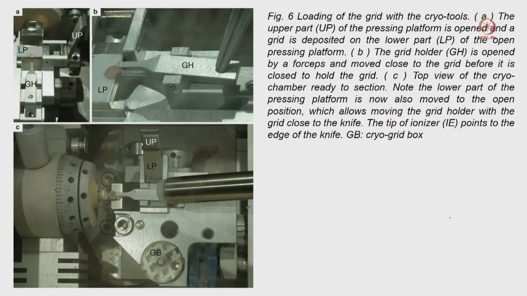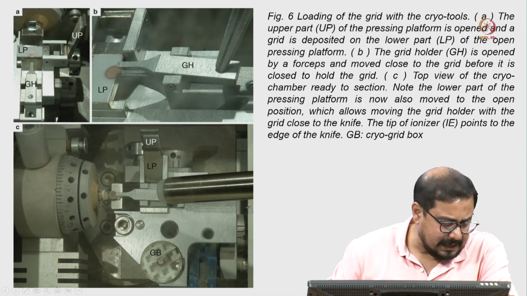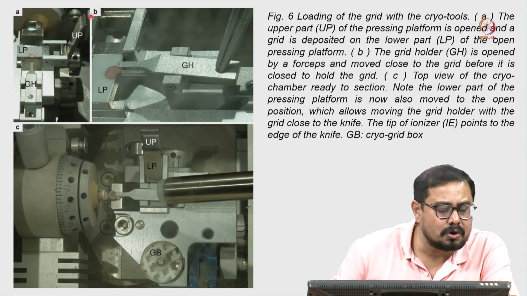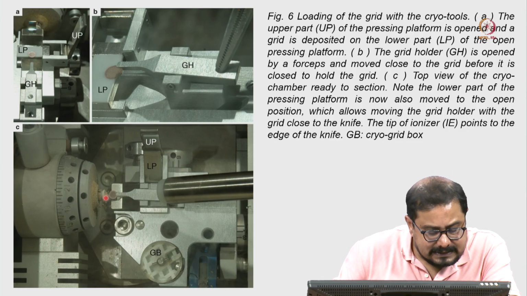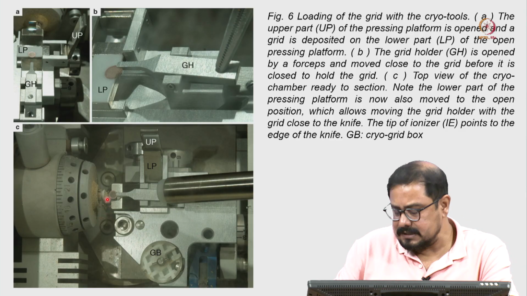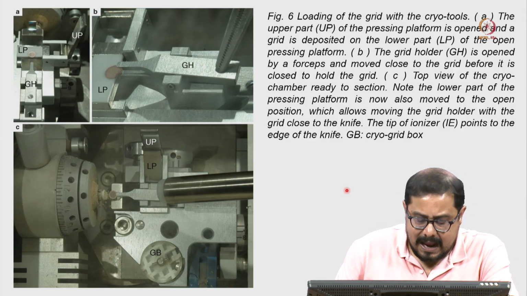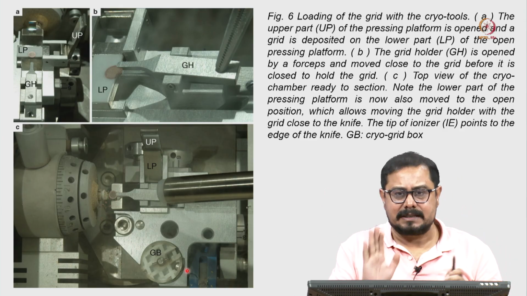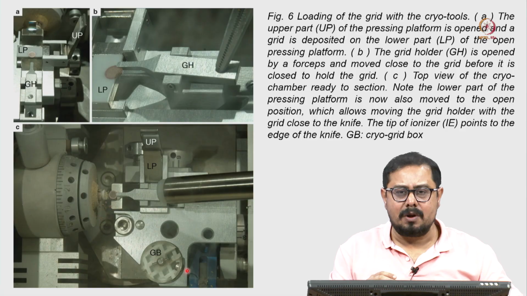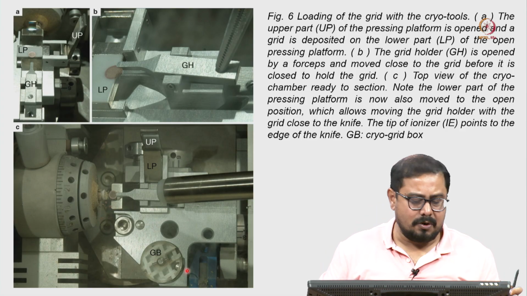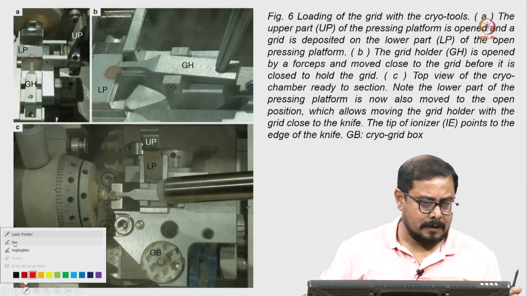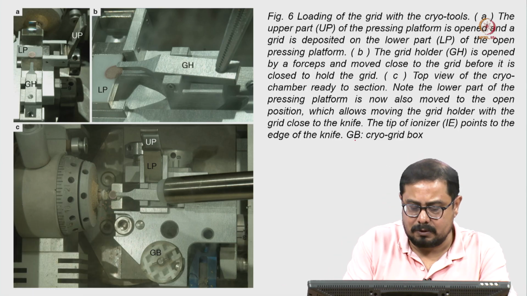If we go to the next slide, it will be much clearer here. In this particular case, you can see that we have a grid. If you look at here, we have a grid here, and this is the cell. As I mentioned, when there is a cell and the blade is constantly doing the section, what will happen? It will make a small kind of ribbon. So, how will this ribbon look like? Last section I was showing you.